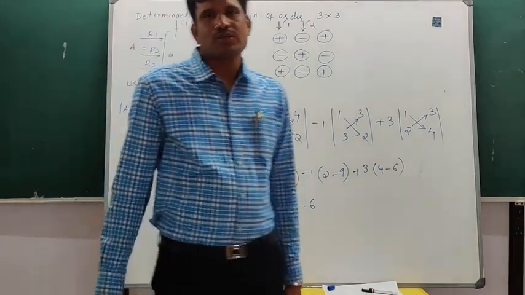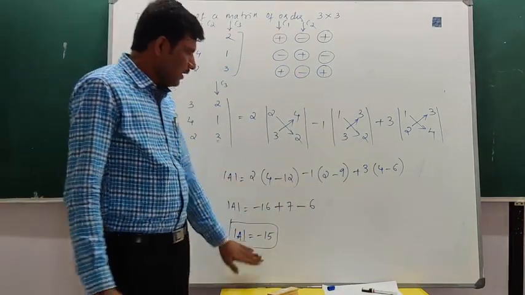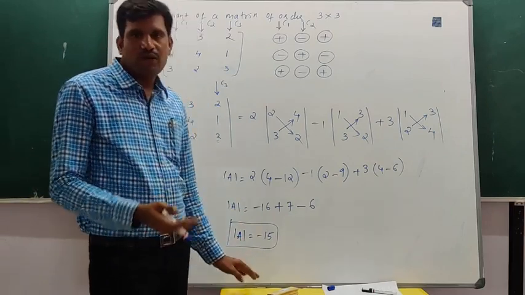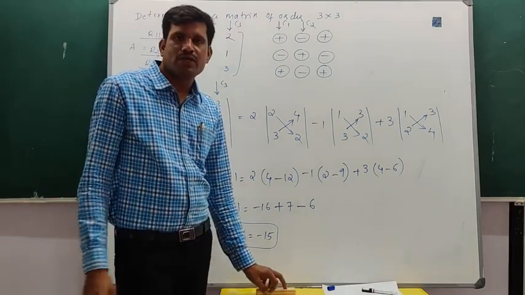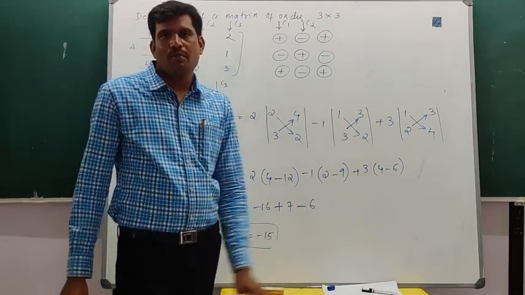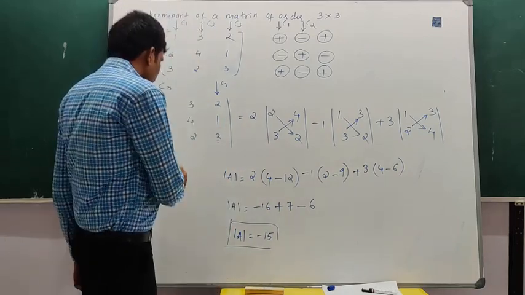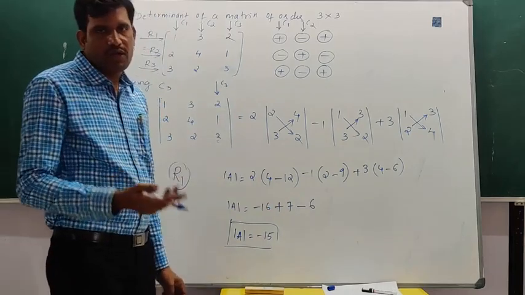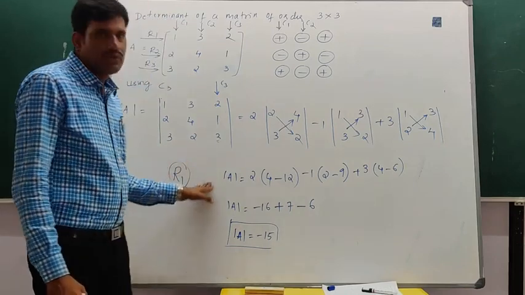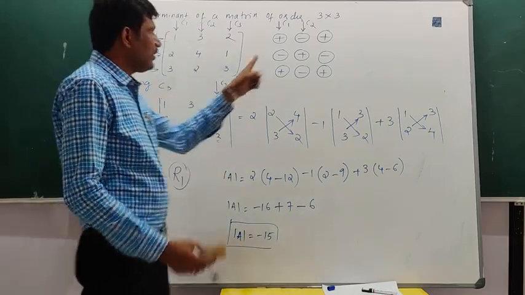So now what is the conclusion, students? We can expand the determinant by using any row or any column. That determinant value will remain the same, right? By using R1 we can expand, by using second row also we can expand, by using third row also, by using first column, second column and third column. The determinant value in all the cases is minus 15, right? In problems, normally I am expanding by using first row. That is the convention I am following. If students have any confusion, just practice how to expand a determinant by using R1, that is first row. So this is the expansion of a matrix of order 3 cross 3.